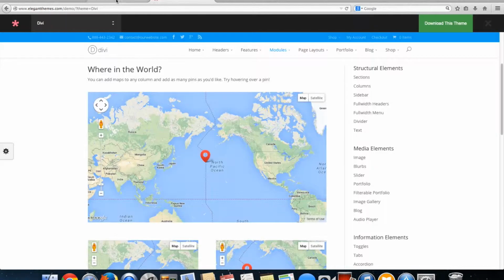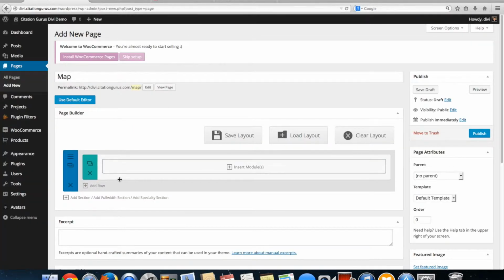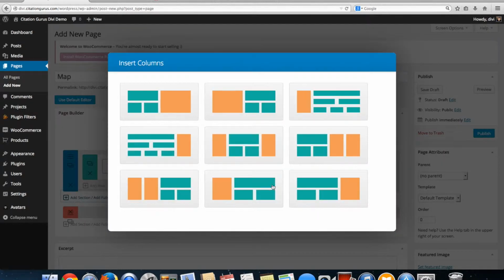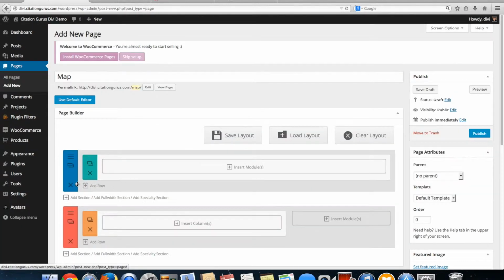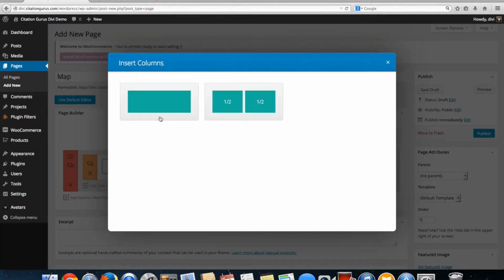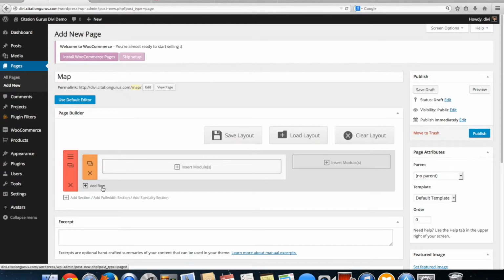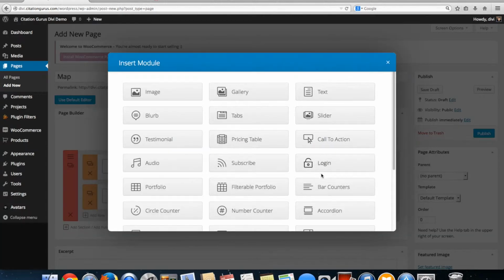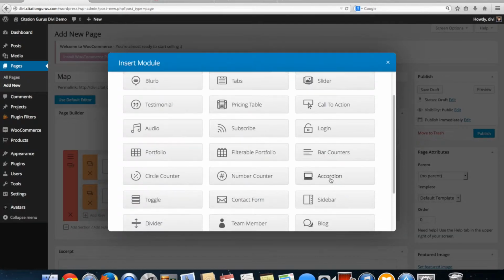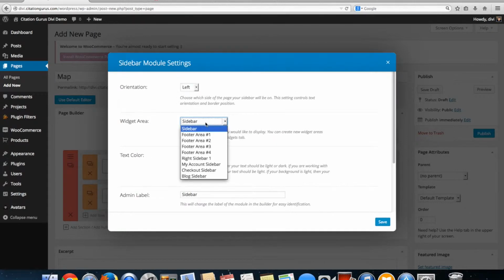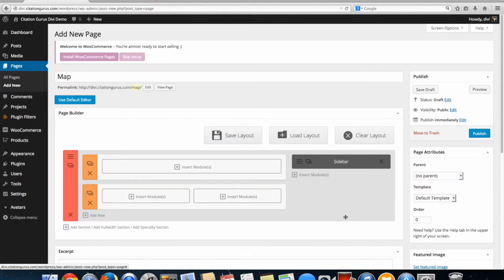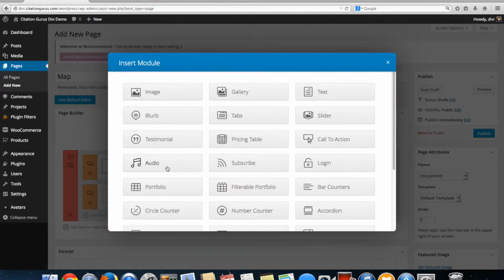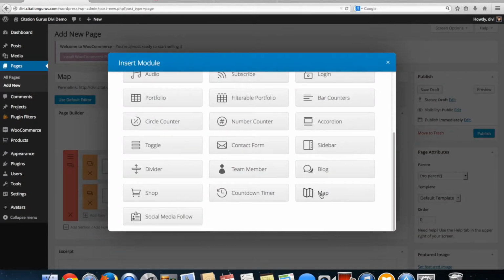So let's go ahead and actually we're going to set this up as a specialty section because I can see how they did it already, and we're going to set it up like this one and then remove this one and do a full size and then add a row and add a 1/2 1/2, put in our sidebar, and then we're going to go to the map module,